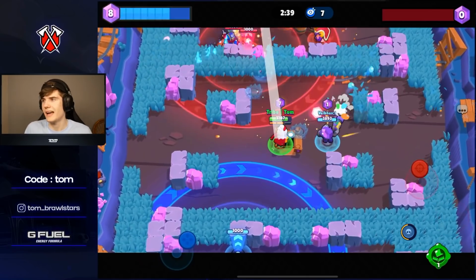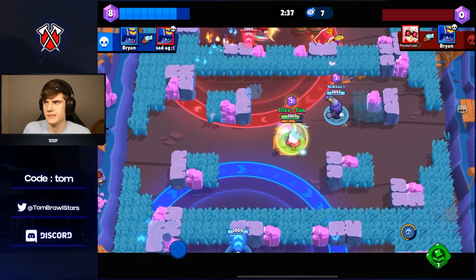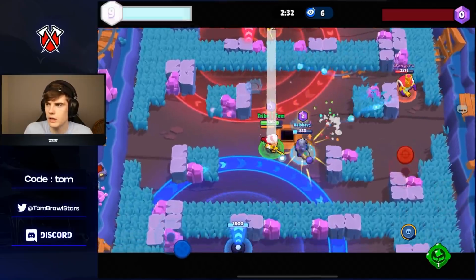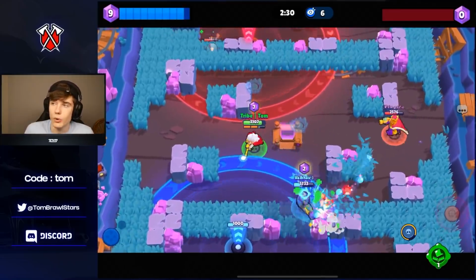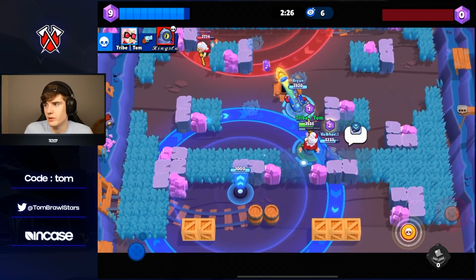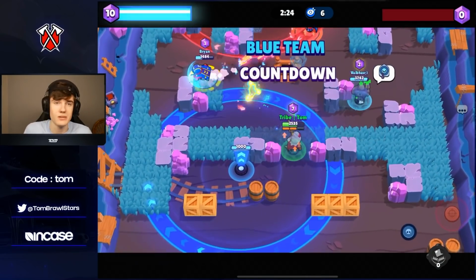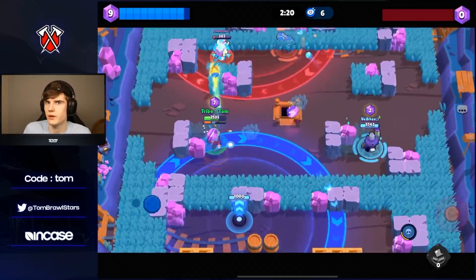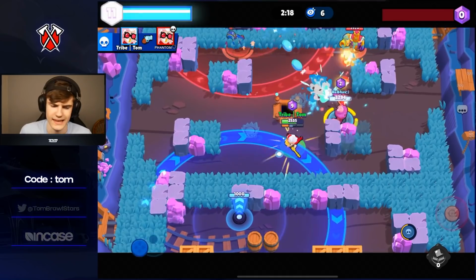Hopefully pick up some kills and also potentially pick up some gems if you do end up killing the gem carrier. So if you can't go this comp for any reason, Poco double tank again. I keep saying it, but it's going to be pretty good here. So yeah, Belle can be replaced with Gene, mid can be replaced with Piper as well. If you don't have Stu, which if you don't have like 8k trophies, last time it's like 8k or something,